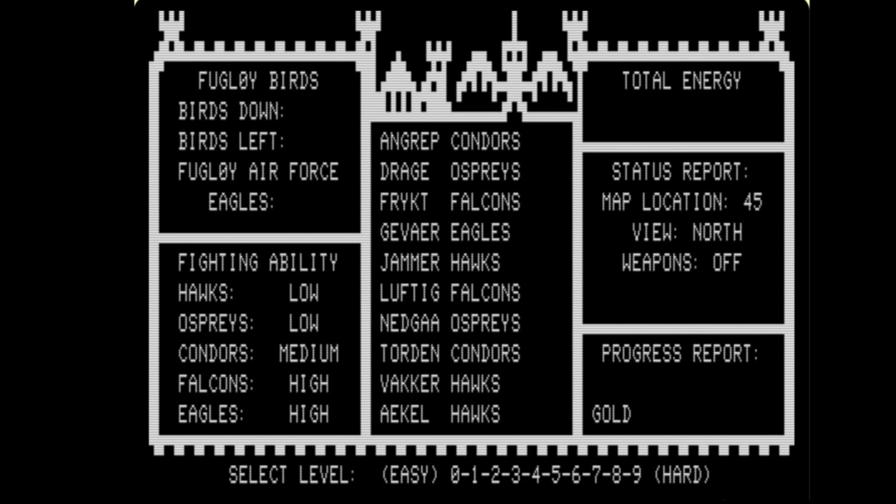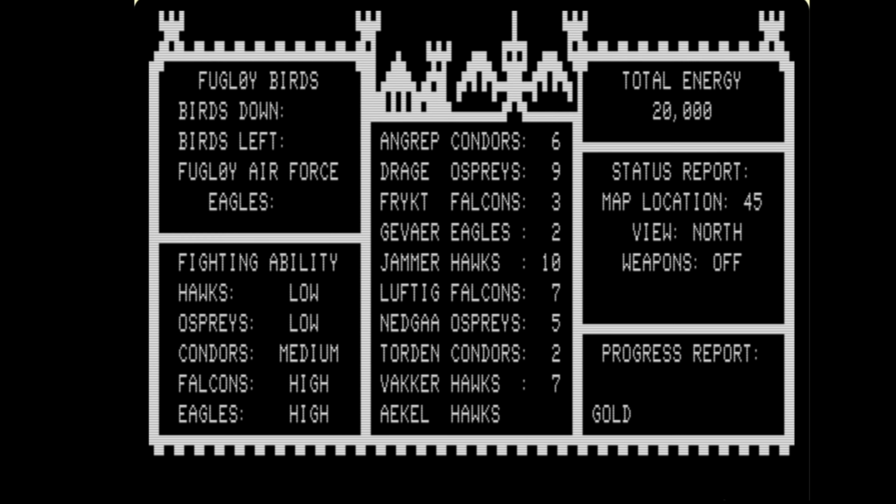Voyage of the Valkyrie was ported to other platforms, including the Apple II, but it was rather a bad port. The controls were extremely finicky. On TRS-80, it just uses the keyboard. It's a little easier to play